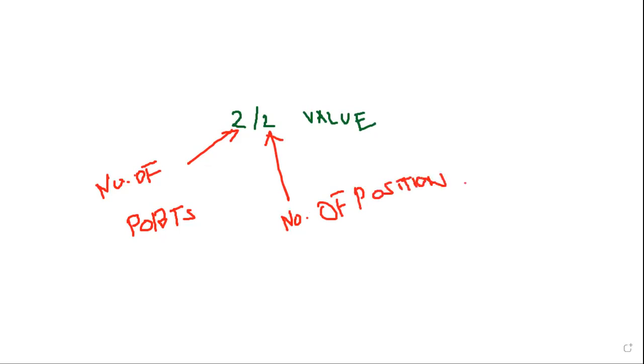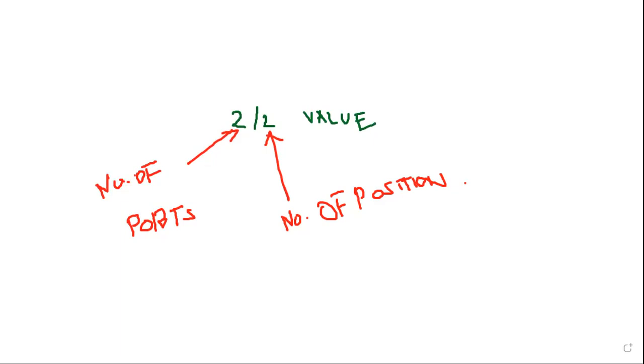What does it specify? In the 2x2, the first 2 on the left side indicates the number of ports the cylinder system has. For example, there will be an inlet port, exhaust port, outlet, pressure port, transfer port. Likewise, you'll have 4 to 5 ports, in which there will be one inlet, two outlets, or two inlets and one outlet, or two inlets and two outlets. With the varying characteristics, it differs. So that is the number of ports you can specify.